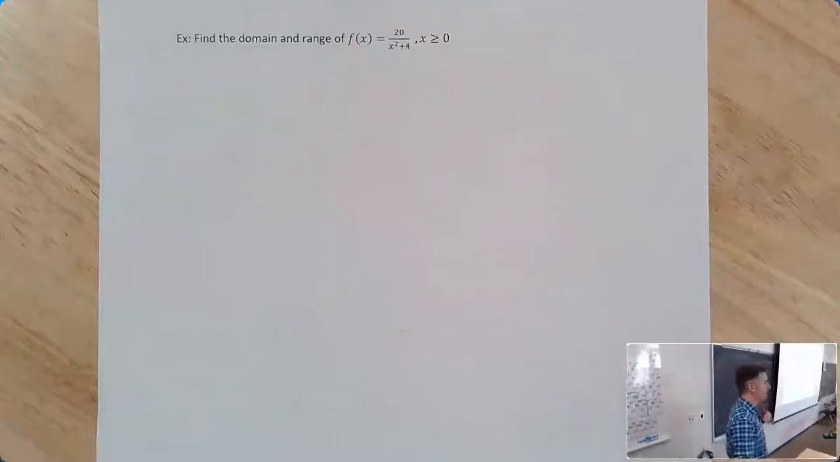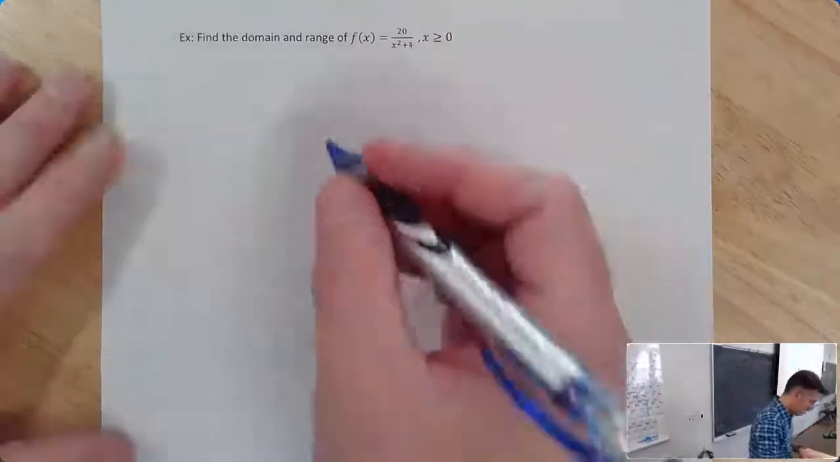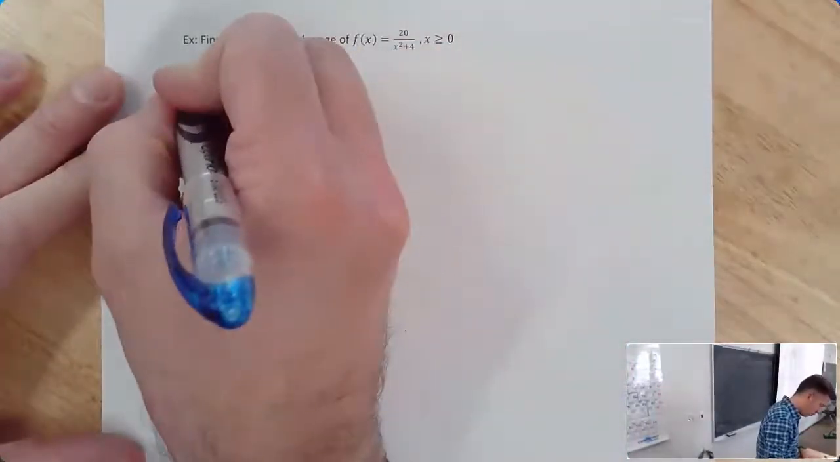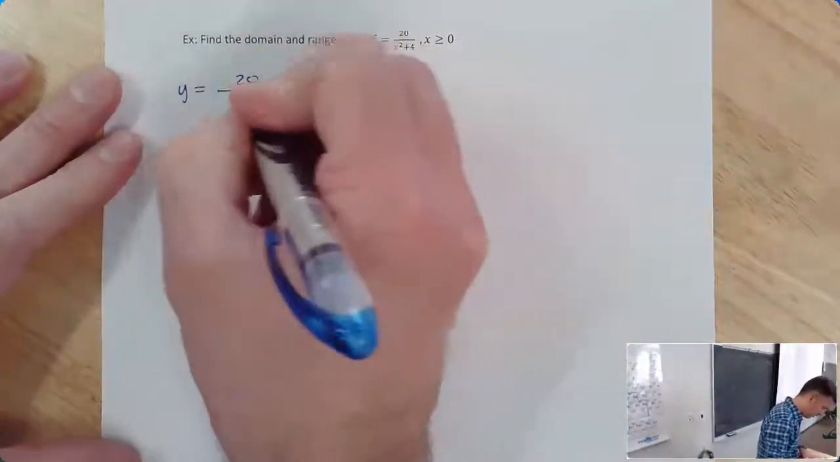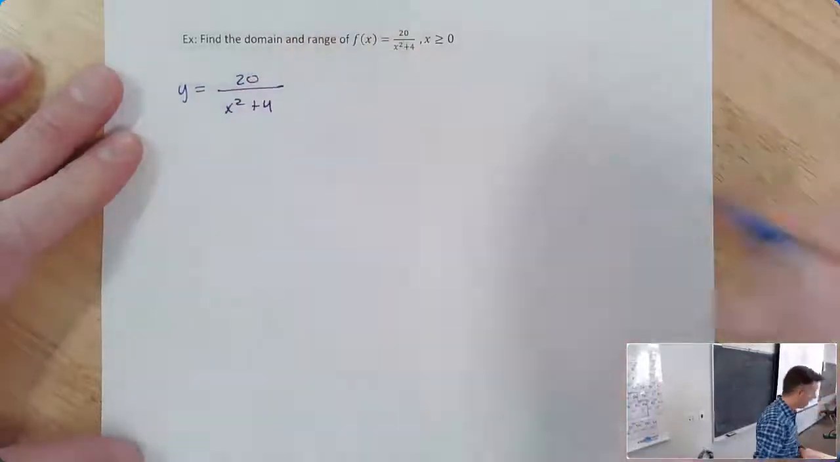Now, why are we given this? Well, the reason we're given this is because if x weren't greater than or equal to 0, the function that we would have wouldn't actually be invertible. Here's what I mean. If I write down the function y equal to 20 over x squared plus 4, and I start graphing it,